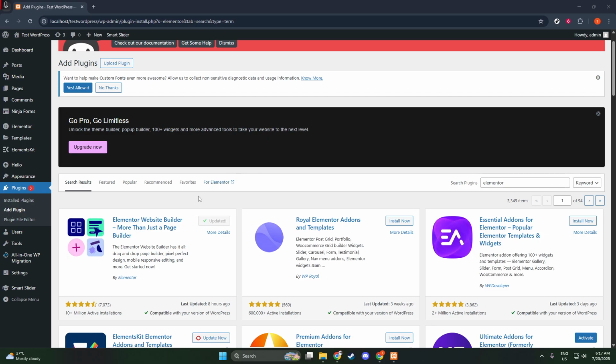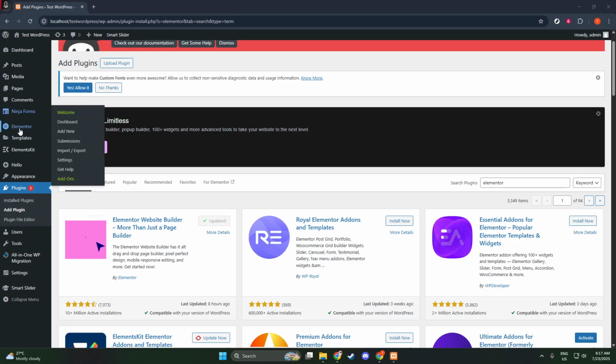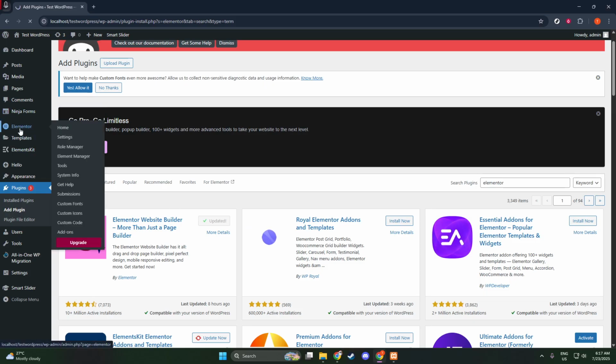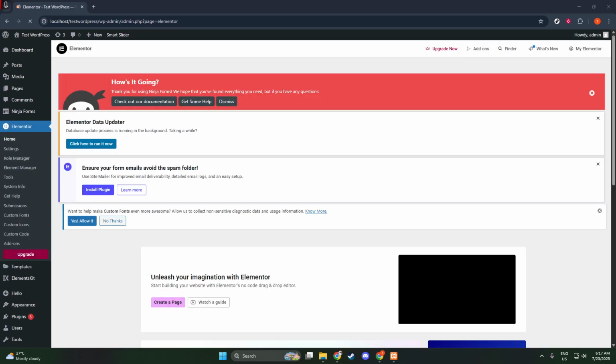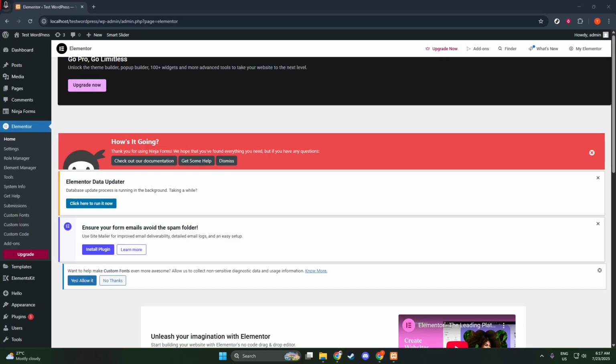With Elementor now active, you'll see it appear in your WordPress sidebar. This gives you quick access to Elementor's settings and options. You'll also notice that when you create or edit a page or post, there's a new Edit with Elementor button. This button is your gateway to a more dynamic and creative page building experience. When you click it, you'll be taken to the Elementor interface, where you can start customizing your pages with ease